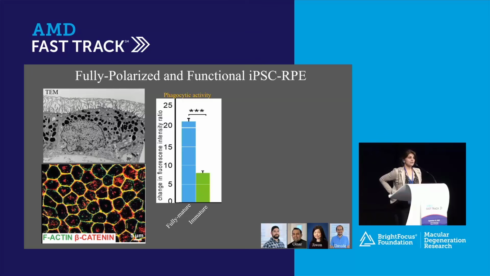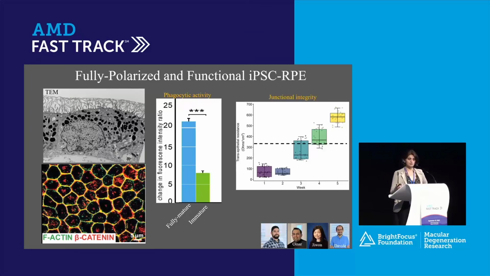You know these RPE cells, they have to eat outer segments, and one can actually measure the functionality of this phagocytosis by feeding the pH-sensitive labeled outer segments to the dish, and then you can run the flow. We use a pH-sensitive dye. Others in the field have used FITC. It can actually allow you to see if the cells are mature or not. For example, the blue bar is the fully mature RPE cell, which has almost double the phagocytic capacity at 4 hours compared to immature cells.